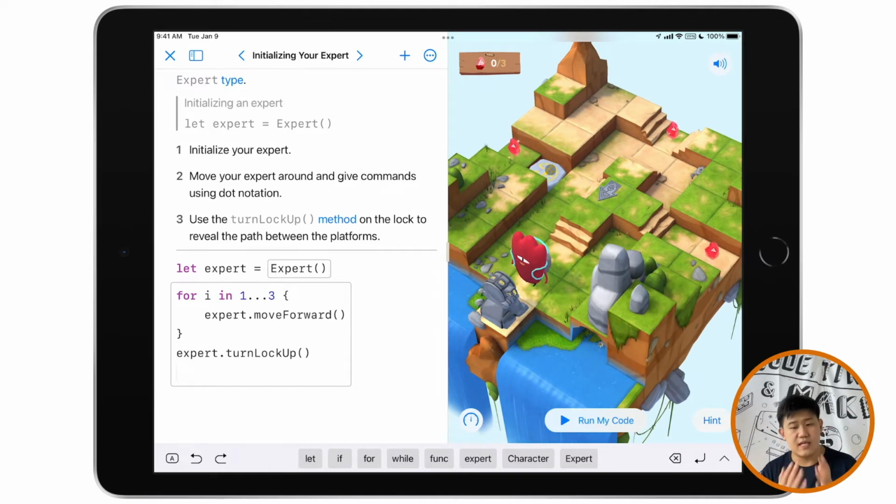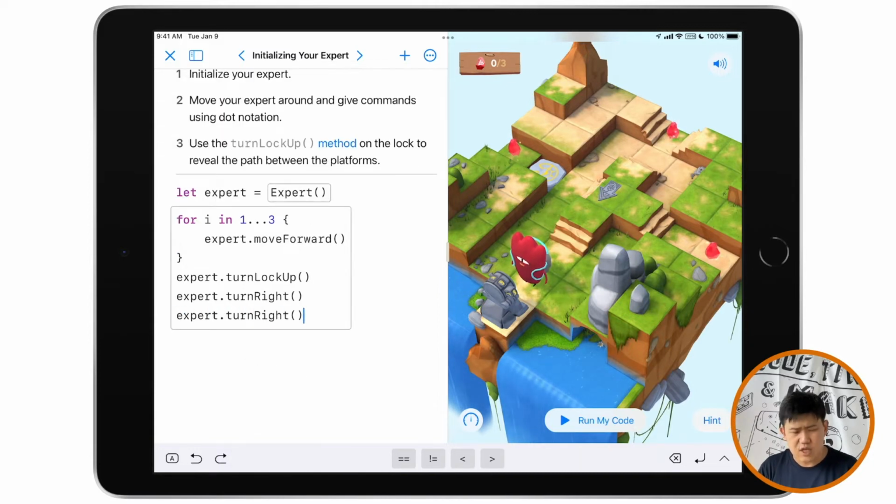Okay, and all that's left to do is to go back and pick up each of the 3 gems. And the great thing is we can reuse this for loop because a lot of these steps are 3 away from one another. So I think we're almost there. If you want to pause this and try and solve it yourself, by all means, but I'm just going to continue. So I want my expert to turn around. So turn right,